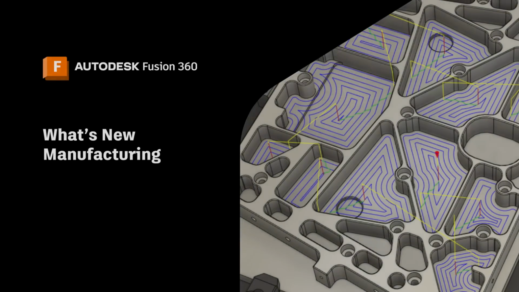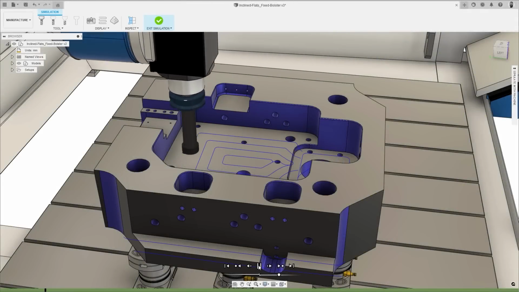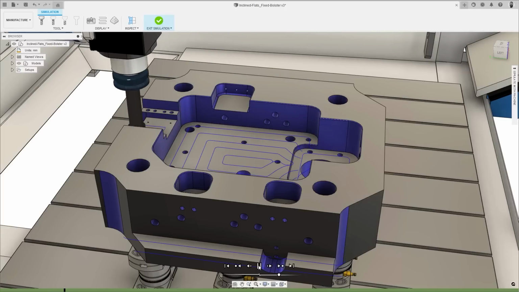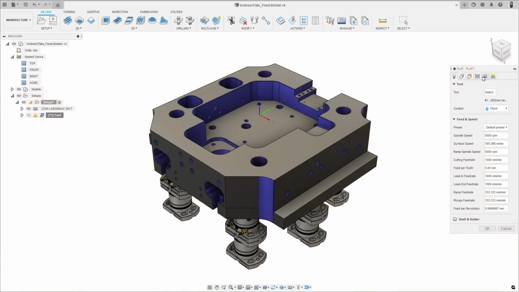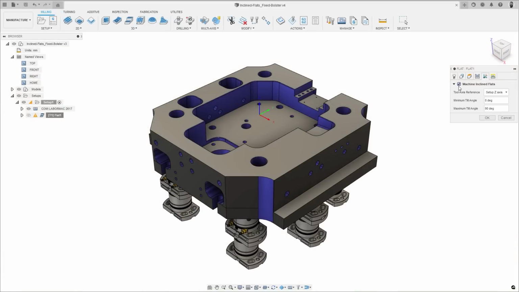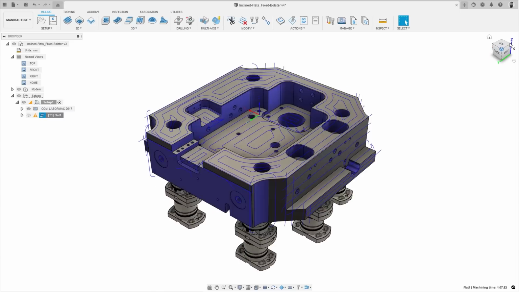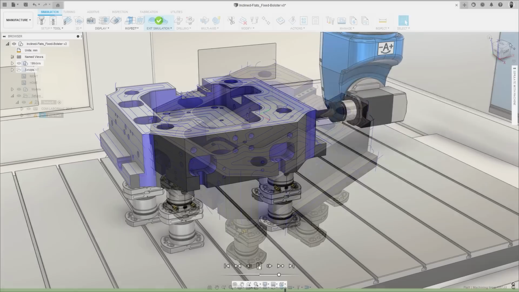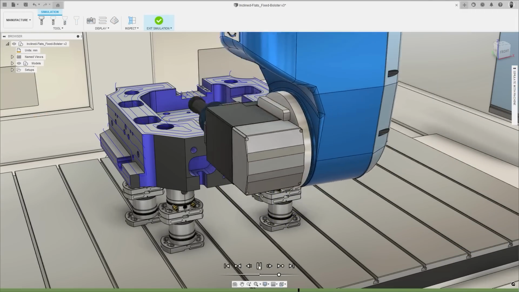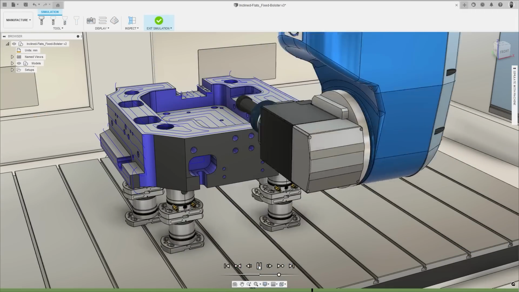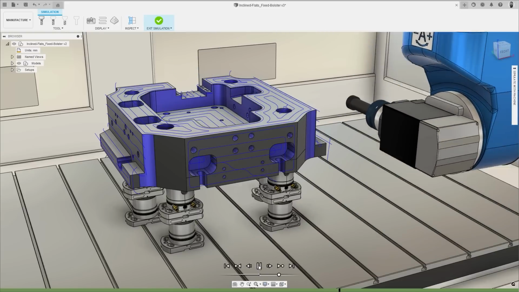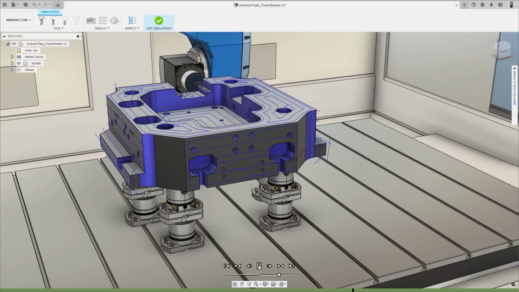Moving on to the manufacturing workspace and coming out of extension preview and into the machining extension is the new option to machine inclined flats with the flat finishing strategy. Designed to automate the programming of flat model regions, this new option automatically detects flat faces within a specified angular range and applies a flat finishing toolpath to each of those regions using a multi-axis simultaneous motion to move between the flat areas to create a single toolpath. This increased automation speeds up the programming of individual flat finishing operations and reduces the chance of missing model faces